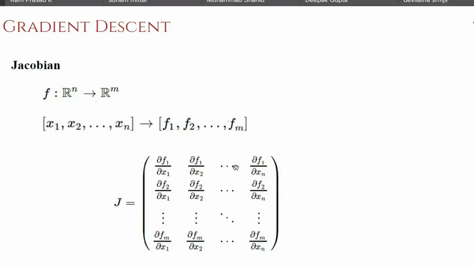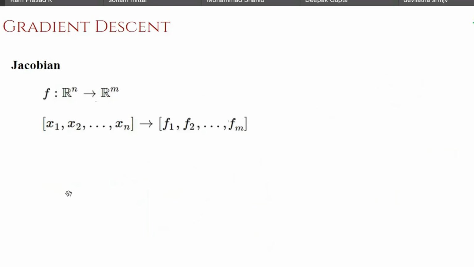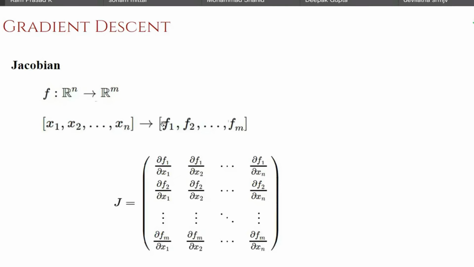So this is also capturing first order differential information, and this also helps us to navigate towards the minimum value. So this is called Jacobian. Gradient is nothing but a special case of Jacobian, where you only have one output, multiple input, only one output, it is gradient. But multiple input, multiple output, the first order differential matrix is referred to as Jacobian. So the derivative, gradient, Jacobian, they all are first order differential information.